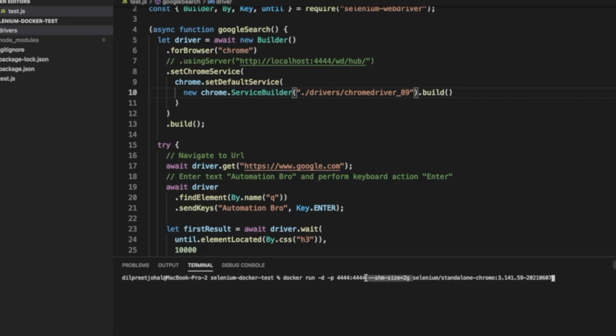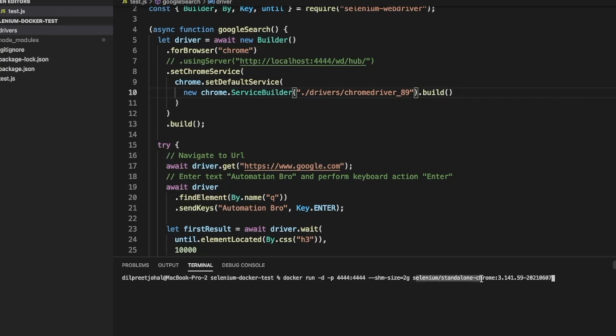If you don't pass this in, what will happen is that when you try to run your test in Docker, your Chrome browser will start crashing. Now, we don't want that, right? It starts crashing because obviously it doesn't have enough memory. That's why we're saying, if you have memory issues, you can share that with my host memory. So this flag is really important, so make sure you put it in over here.